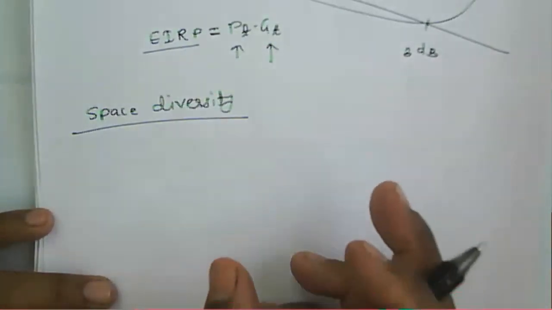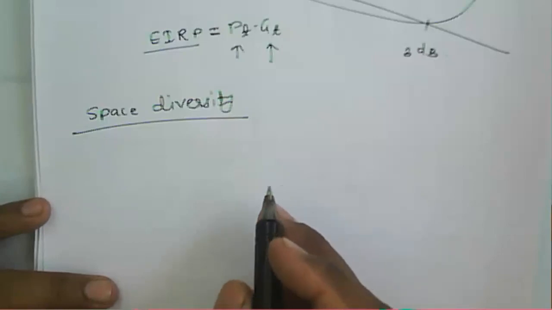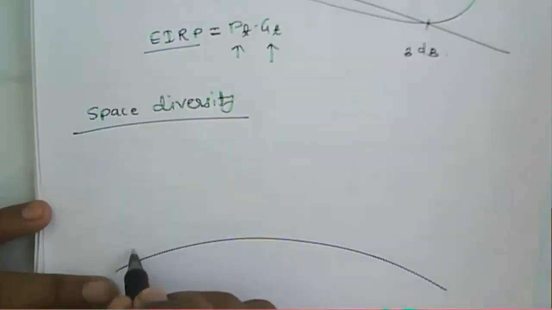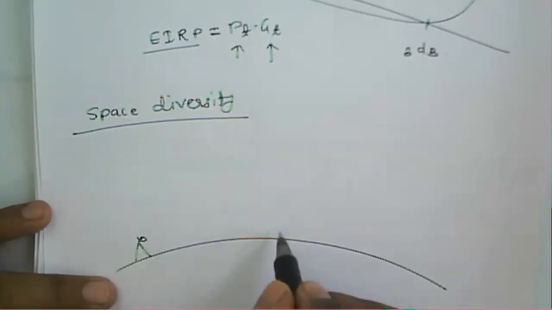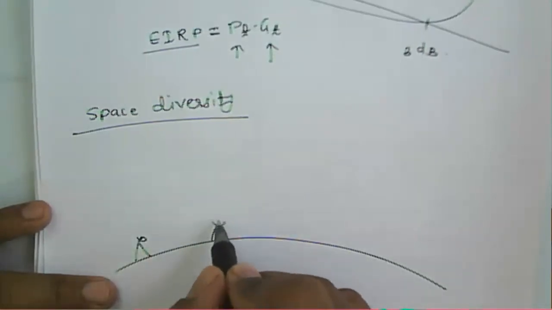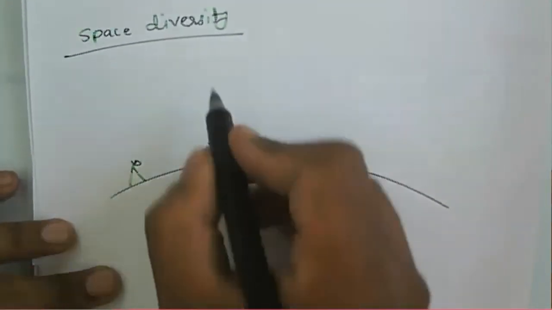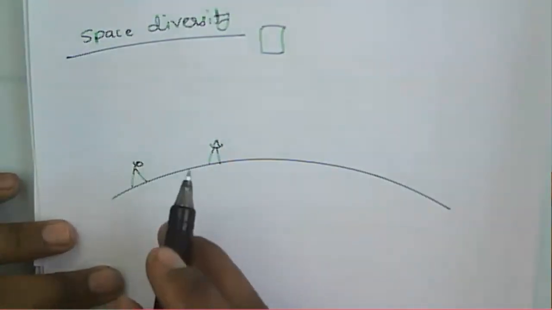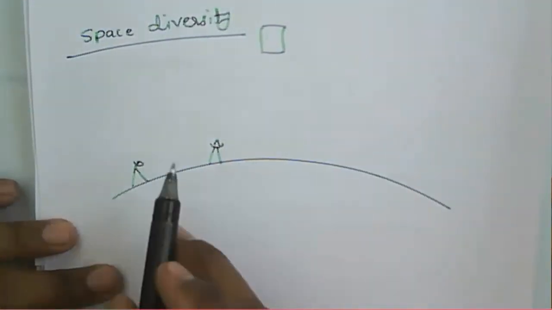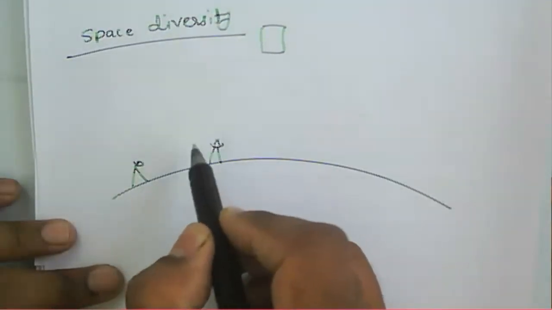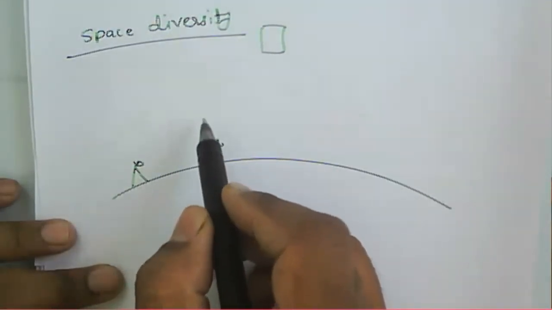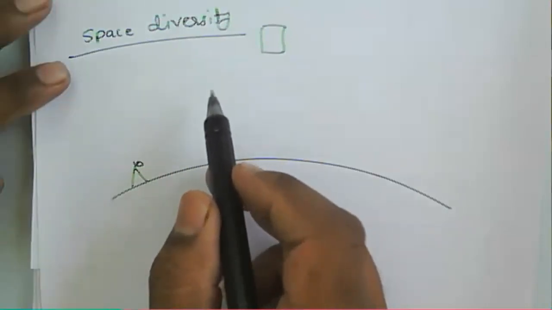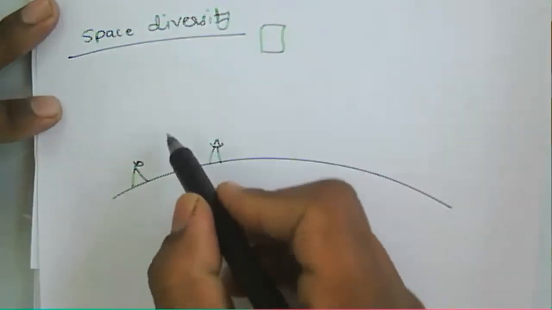So consider that we have two receivers placed at a distance. Consider that we have one receiver now, and we have another receiver. We have two receivers, and you can say a satellite. If the two receivers are placed at a distance further than the expected rain coverage, then what happens? So the signal reaching these two receivers now